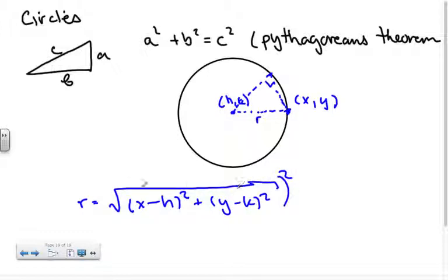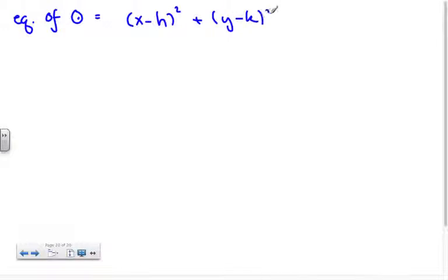Square both sides, and then we get what we call the equation of a circle. So the equation of a circle is going to be x minus h squared plus y minus k squared equals r squared,